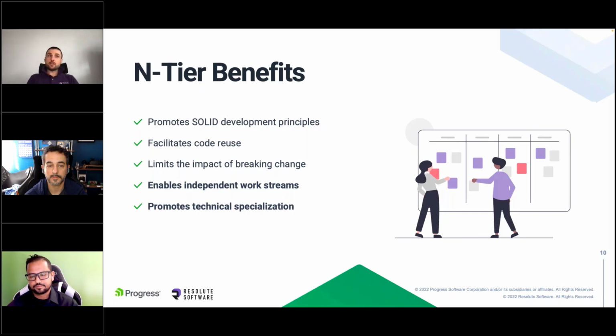And also, the N-tier architecture promotes technical specialization that allows your developers to get better and more focused at what they do and ultimately increase developer velocity. Right? If you have an engineering team that understands Angular very well, keep them focused on the Angular side while your .NET developers work on the API and the business logic and everything else. Right? Same for MAUI or Blazor, for example. The technical specialization we like very much because this is how we can ultimately increase developer productivity, velocity, and time to market.